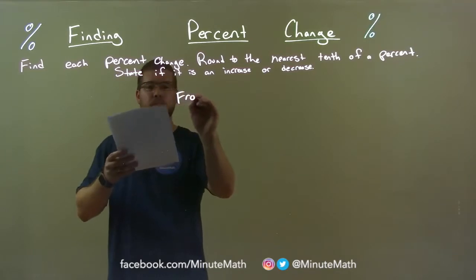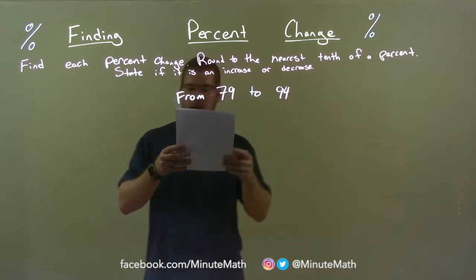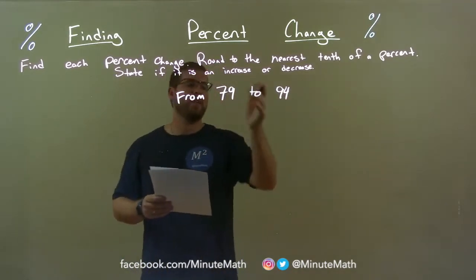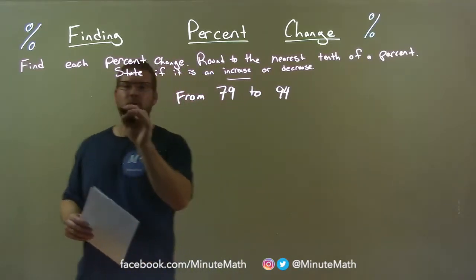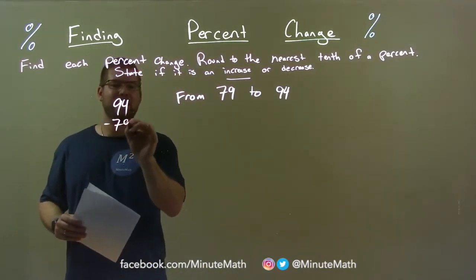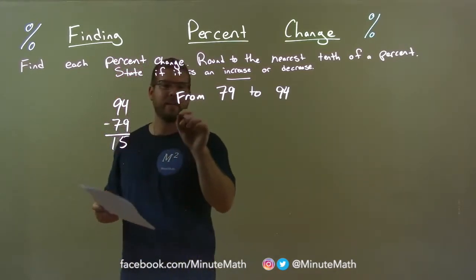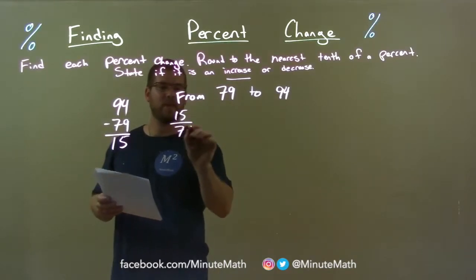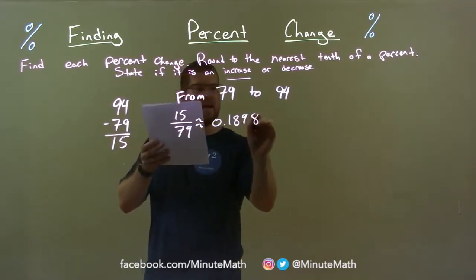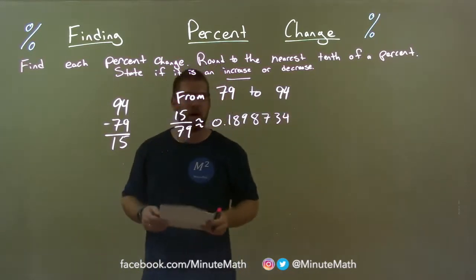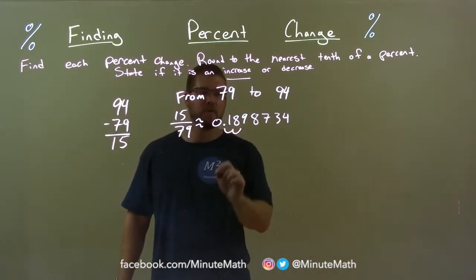From 79 to 94. Okay, obviously this is an increase. We got that noted. Now, the difference between the two numbers, 94 minus 79. Okay, subtract the two and we get a 15 right there. Take that number 15, divide it by the first number 79, and we get the decimal here of 0.1898734. All right, now write that as a percent. Decimal place, 2 spots to the right gives me